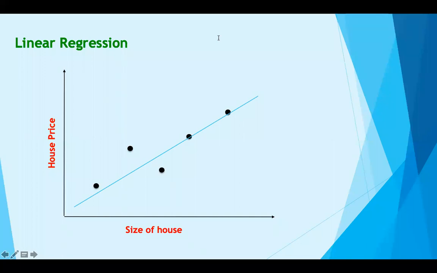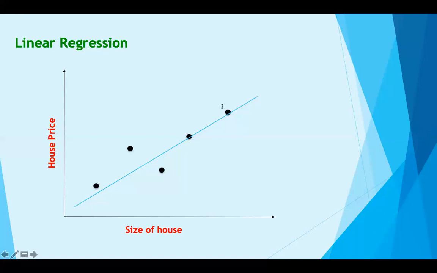Predicting the price of a house is one example of linear regression. In order to predict its cost, we need to plot the graph of the size of the house versus its cost, and then draw the best fitted line through all these points. Each point says the cost of the house against its size. These points are the previous data. Now if we want to know the house price, knowing the size of the house, we can just draw the perpendicular line to this line, and we can find the cost of the house.